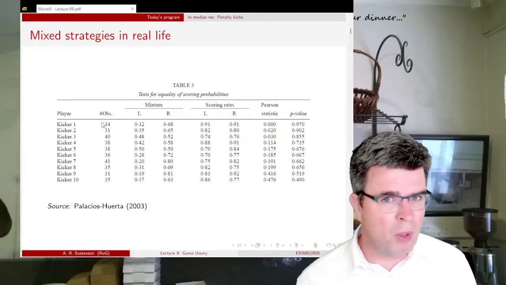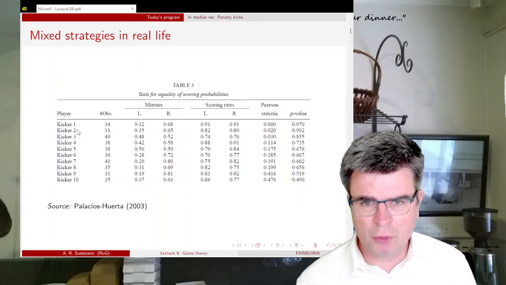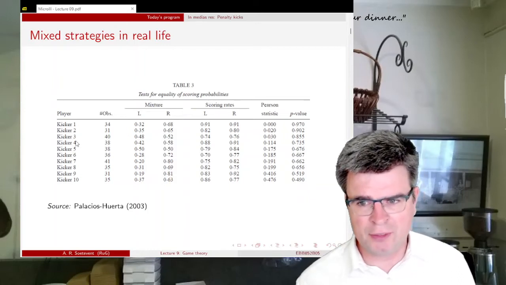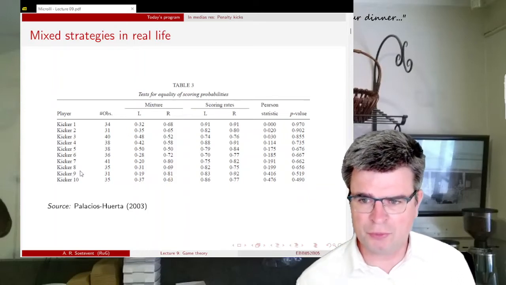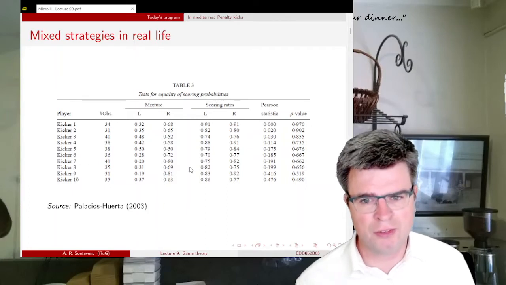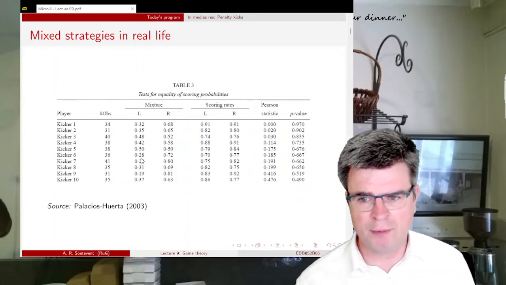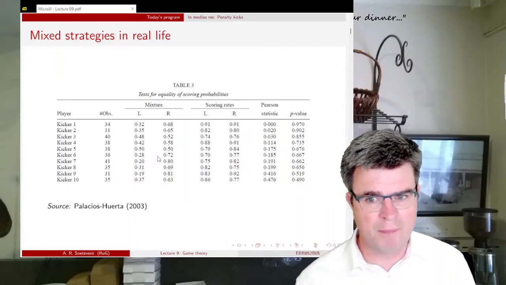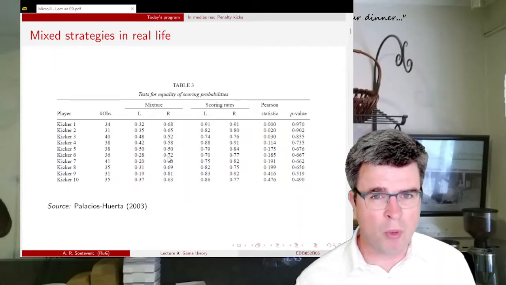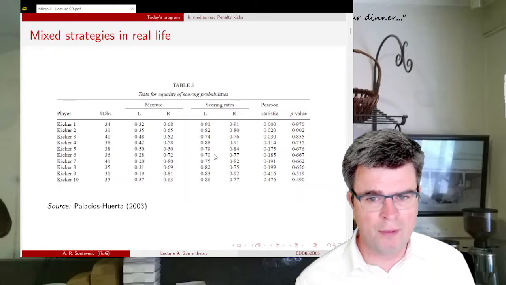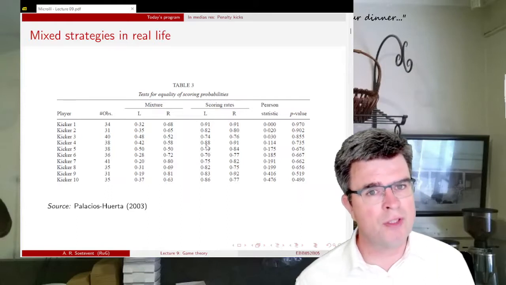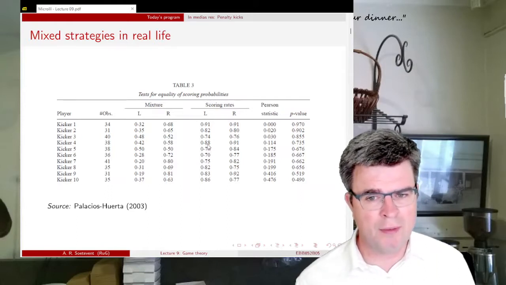Now, this not only holds for kicker 1, but the convincing evidence in this study is that if you analyze the different kickers from 1 to 10 as listed here, they mix all with different probabilities. So kicker 5 does an equal mixing between left and right. Kicker 6 has really more often kicks to the right than to the left. But if you look at the scoring rate of the individual players, then you will see that for each of the actions, the scoring rate